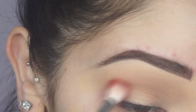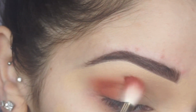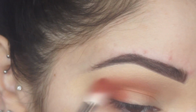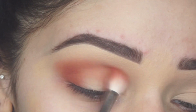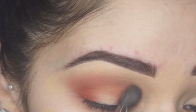Next, I'm going in with this shade, and this is pretty much mapping out the shape that I want. I liked that I used this, it's like an orangey type of red, and I really like this because I think it helped brighten up the shadows that I put on top. I definitely think that this shade made the colors that I put on top more purpley, which they are purple. So I just threw that in the inner and the outer corner to create a halo eye,